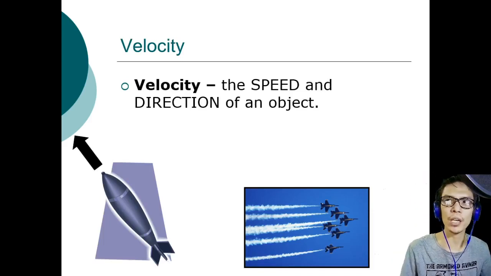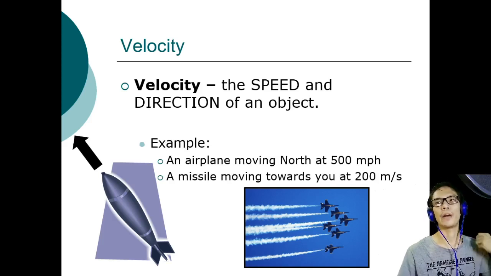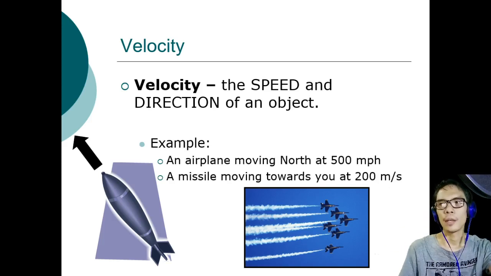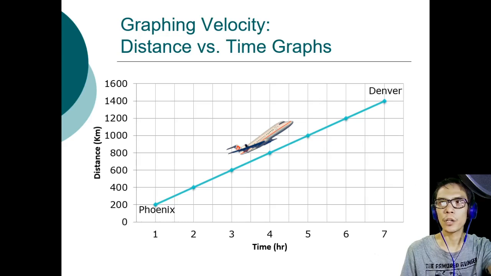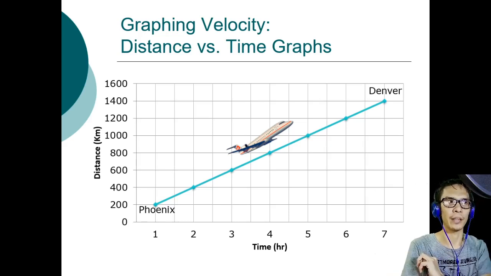Alright, so again, velocity is a directional speed. Alright, so the speed of the object and the direction of it is termed as velocity. Alright, so these are some examples. Okay, so let's go to graphical analysis of velocity